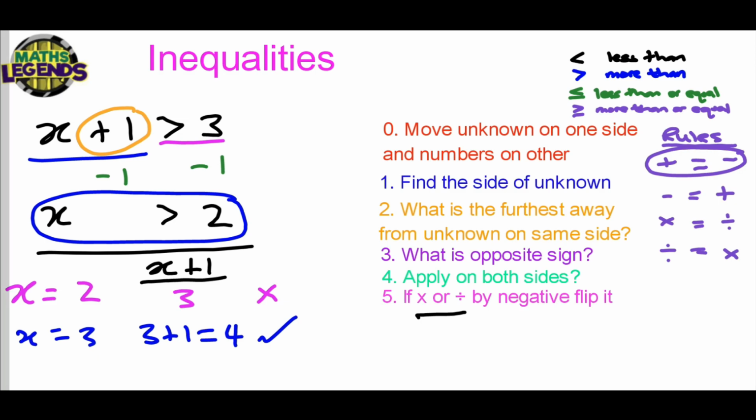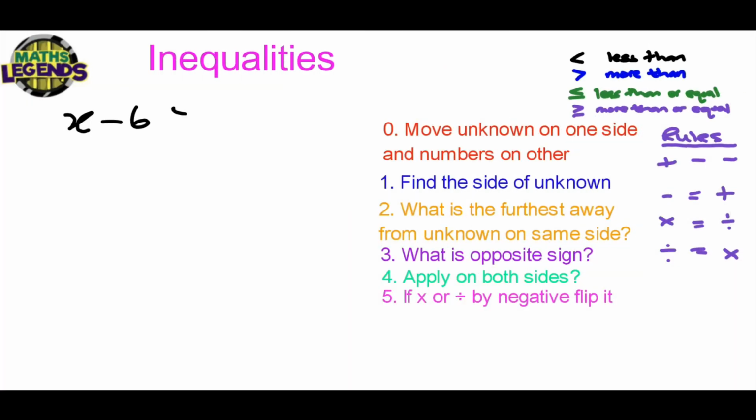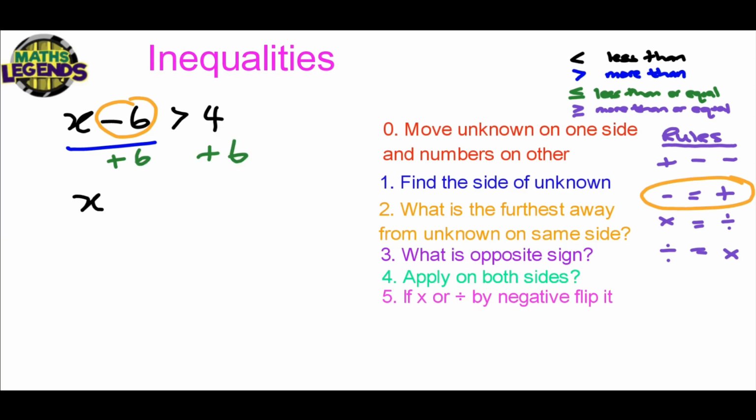Let's look at another example. X minus 6 greater than 4. So here again, we're going to use our rules of solving equations. We don't have x's on both sides, so we start with point number 1. Find the side of the unknown, which is the left hand side. Minus 6 is on the same side and furthest away. So the opposite here becomes a plus. So we apply plus 6 on both sides, and we simplify. So x minus 6 plus 6 is 0. The sign stays as it is, as we're not using times or divide by a negative, and 4 plus 6 is